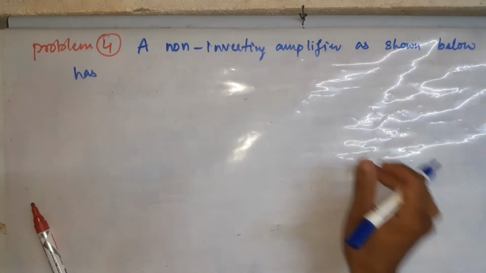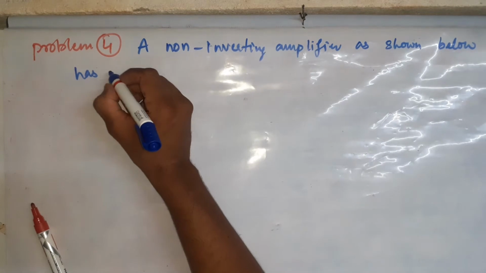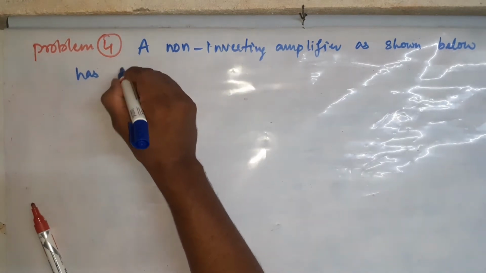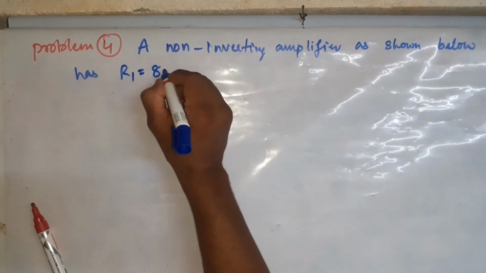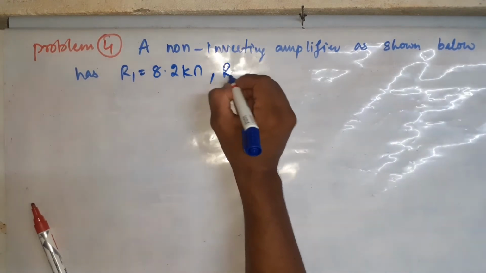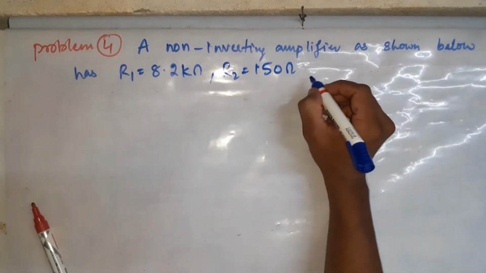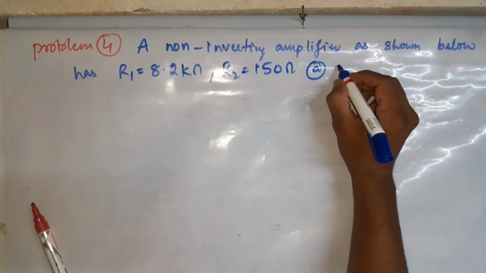This is a new question I'll be completing. A non-inverting amplifier as shown below has R1 equal to 8.2 kilo ohm and R2 equal to 150 ohms. Okay. Determine